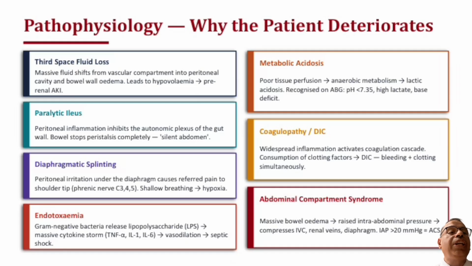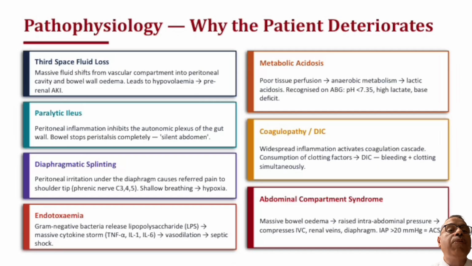Now, why does the patient deteriorate? Let's try to understand based on the pathophysiology. The first and foremost is that there is a third space fluid loss in hollow viscus perforation with peritonitis. Third space fluid loss means there is a massive fluid shift from the vascular compartment into the peritoneal cavity as well as into the gut wall or bowel wall. This would lead to bowel wall edema. Now, in this shift there is no external loss; it is just a loss from the intravascular space to the third space,